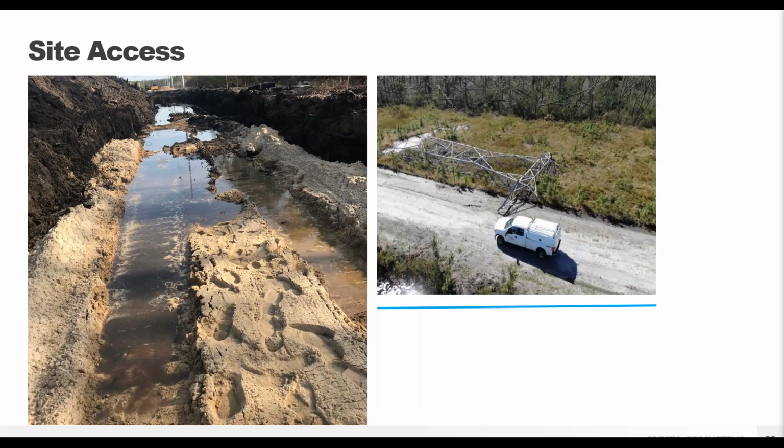So here's another site access project. This was for Duke Energy down in Florida, and it was to install new transmission towers through a wetland area. In this case, the high winds of Hurricane Michael had demolished over 100 towers, all of which had to be restored over this extremely soft subgrade. So you can see how easily footprints are being formed, how quickly a person sinks through here. Imagine driving heavy vehicles trying to install massive equipment like transmission towers over this soft subgrade.